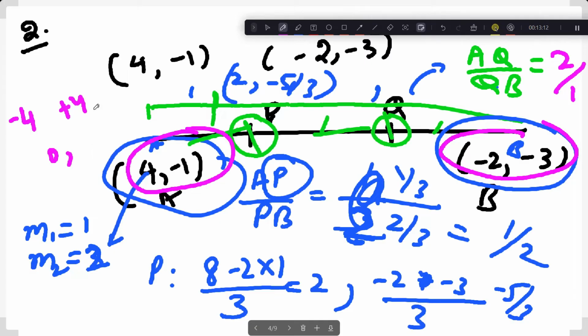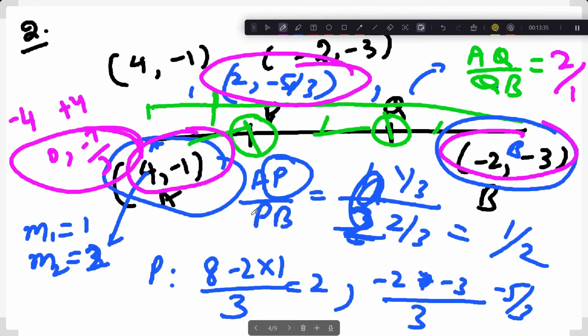-3 कुछ गलत किया क्या मैंने? 2 into -2 is 4, yes. So now 2 into -3 is -6 plus -1, so -7/3. So this is the answer. ये आंसर है. बहुत ही खचपच. It's like a little messy out here. Let me know if you want me to make it clear.